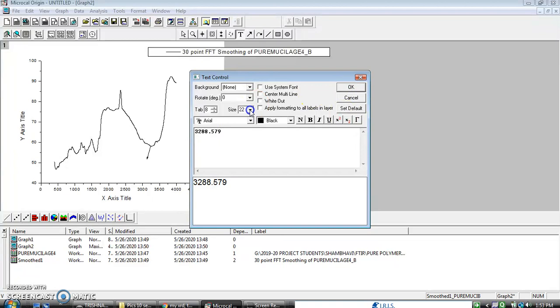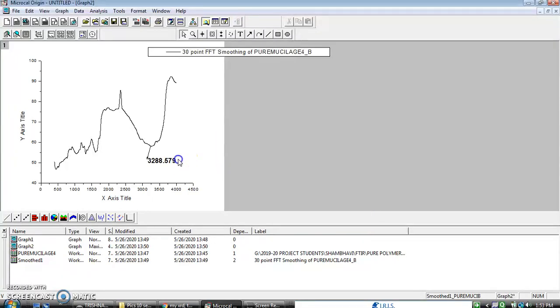You can increase the font size of this reading from this 26, or you can make it bold. So you can see we have got this. Similarly for all the peaks and valleys, you can go for the screen reader, put your arrow tool and then write whatever wave number you have got.